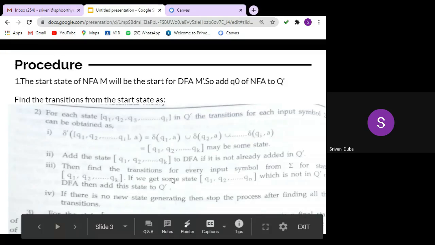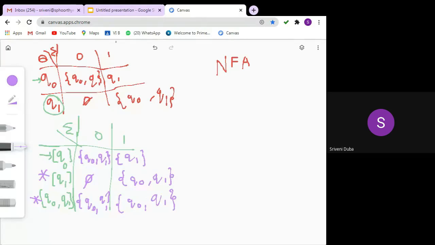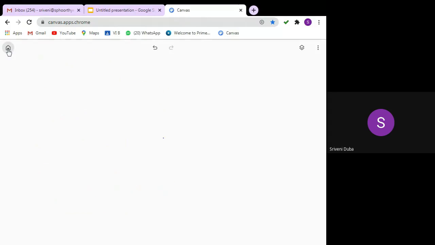Then find the transitions for every input symbol from sigma. If it is a new state, again you need to repeat the procedure. If there is no new state generating, then stop the process after finding all the transitions. So that's what we have done here, after finding the transitions with